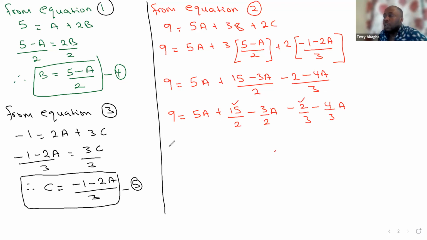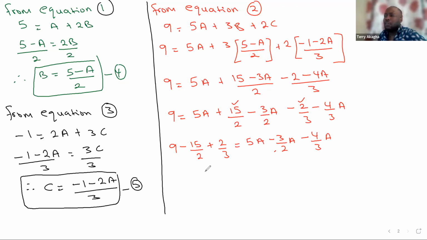So it's going to give me 9 minus 15 over 2 plus 2 over 3 is equal to 5a minus 3 over 2a minus 4 over 3a. So when we're done with that, you simplify all this. It should give you